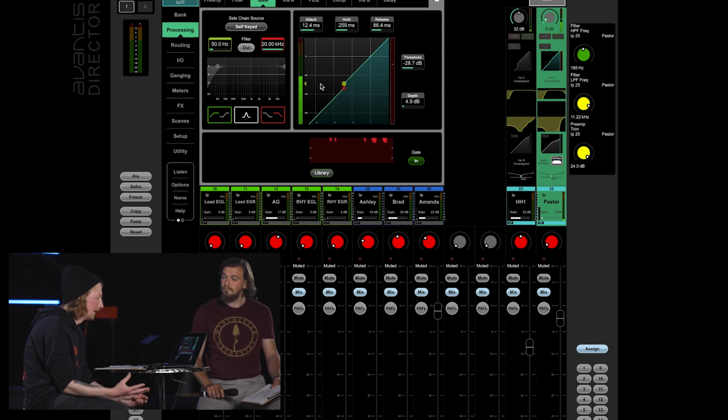It's also really awesome on vocals, especially given that our drum set is five to seven feet away from our vocal mics. If it's an instrumental part, you're going to have a lot of cymbals running through your vocal mic, which can create feedback, which is that fun,